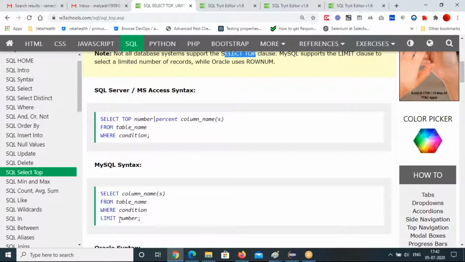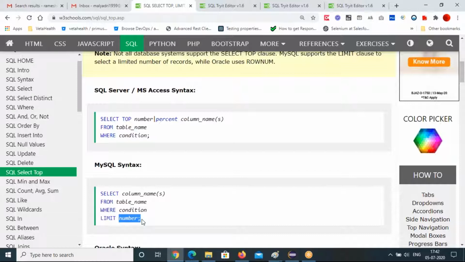In MySQL you can use LIMIT. In Oracle you can use ROWNUM, so it's different. SQL Server and MS Access use TOP.